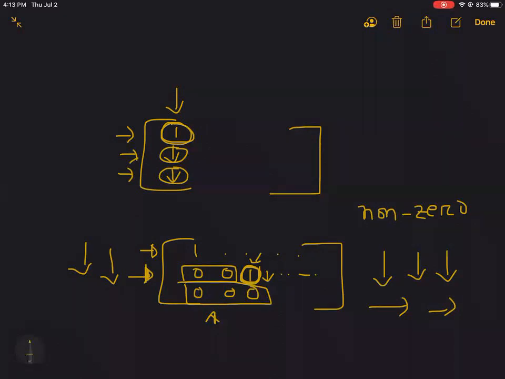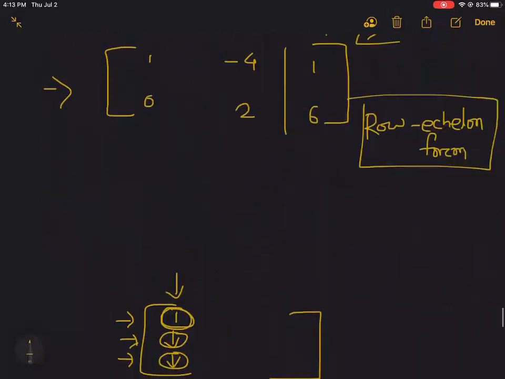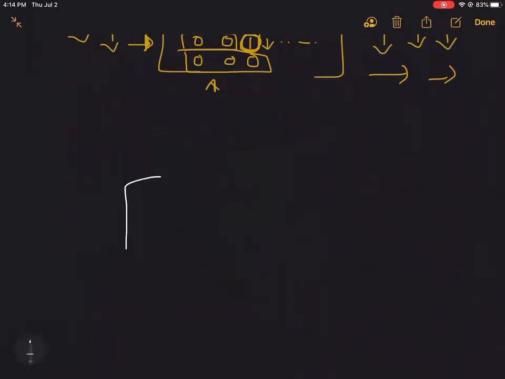Okay, soon you will see that we can actually get the row echelon form by doing multiple row operations. Okay, now let's carry on where we were. I'll write that here, 1, -4, and I will try to achieve row echelon form